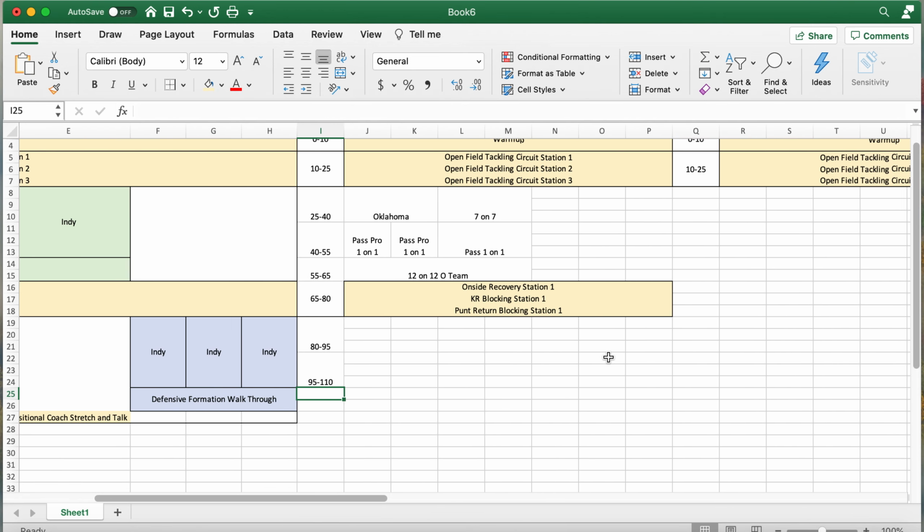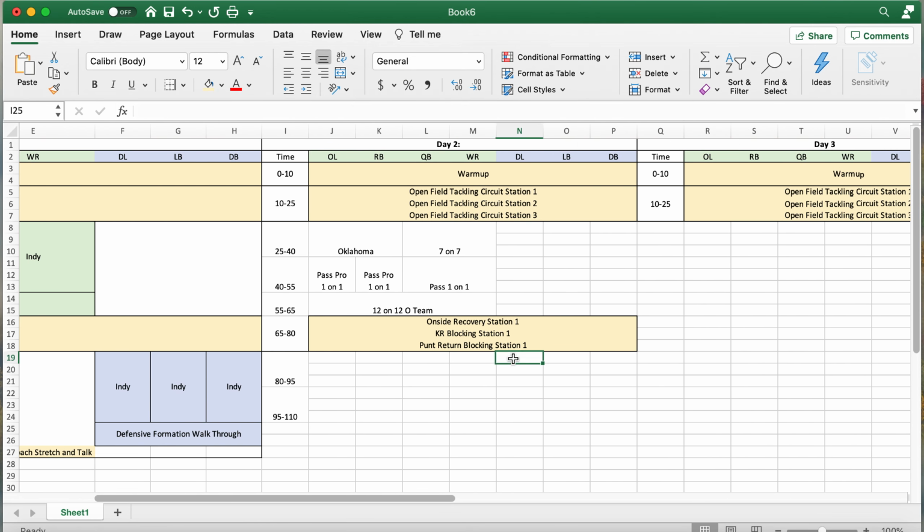And then come over and we'll do D-line, merge and center, linebacker, merge and center, and DB, merge and center. And we will go pass pro, space, space, space, 1 on 1. I didn't put enough spaces in here, so go up to the text bar and in between, just hit space,